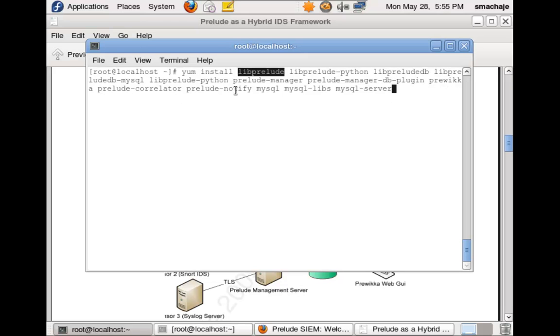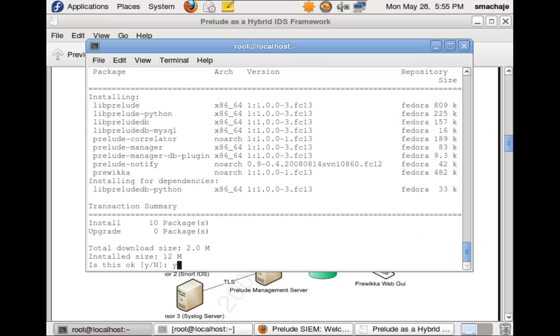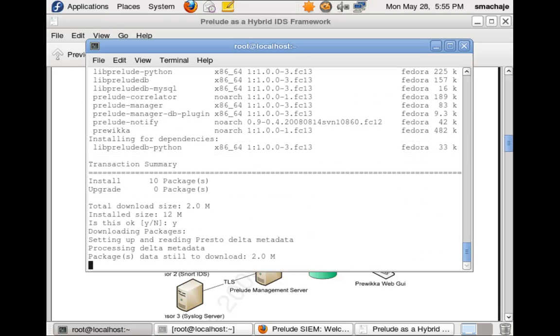I'll also install the correlator, the notify agent, which can send out simple mail transfer protocol notifications, and we'll also install the MySQL clients, MySQL libraries, and mysql-server. I will include this yum statement in the description of the presentation so that we can just copy and paste. And if you already have some of these libraries, they'll basically just reinstall. Okay, so as this is installing,